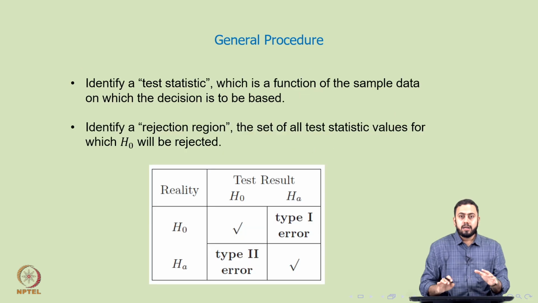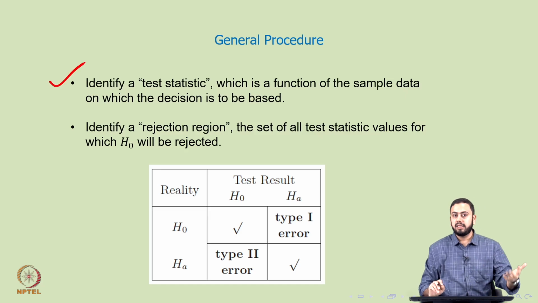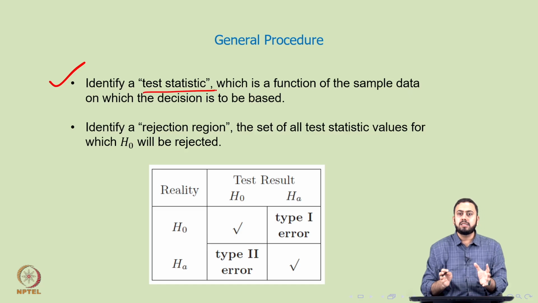Alright, now the next very important step is this. Let's say you've written down H naught and HA, and you know what you mean by null hypothesis, alternative, etc. The second step in the testing process, once you identify the null and the alternative, is to identify a test statistic. So what exactly is a test statistic? If you vaguely remember from the last session, we discussed what you mean by a statistic. A statistic is nothing but a function of the sample data on which the decision is to be based. So the definition of a test statistic is a function of the observations, or the sample data that you have collected, on which the decision is to be based.